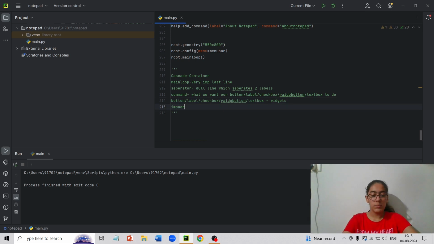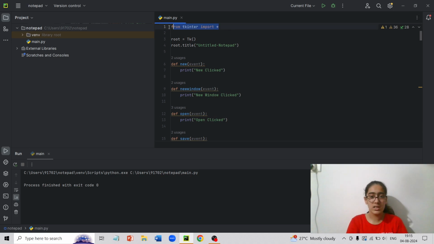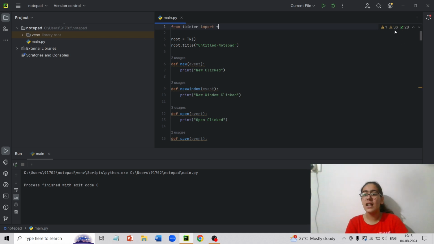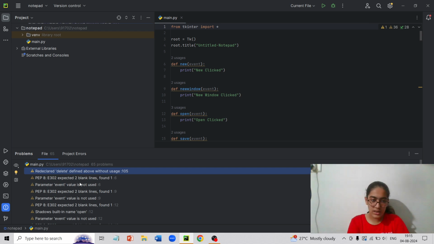So importing Tkinter is the main thing, because as you see, once I remove this, the whole program will have 8 errors, 1 disclaimer and everything. But if I add it, it will just have 1 disclaimer. Let's see what the disclaimer is.